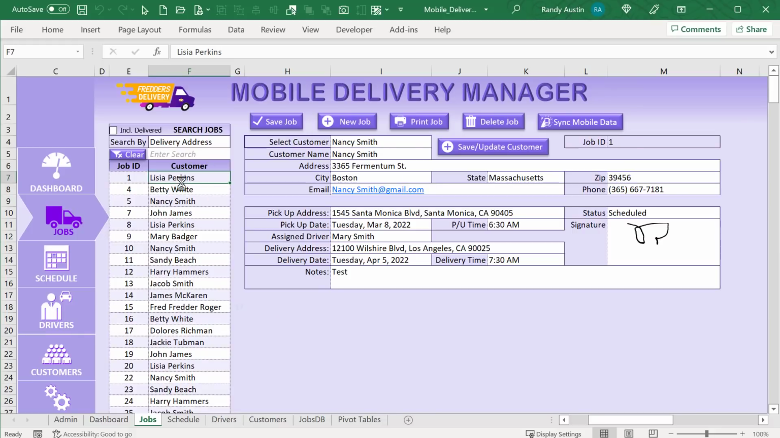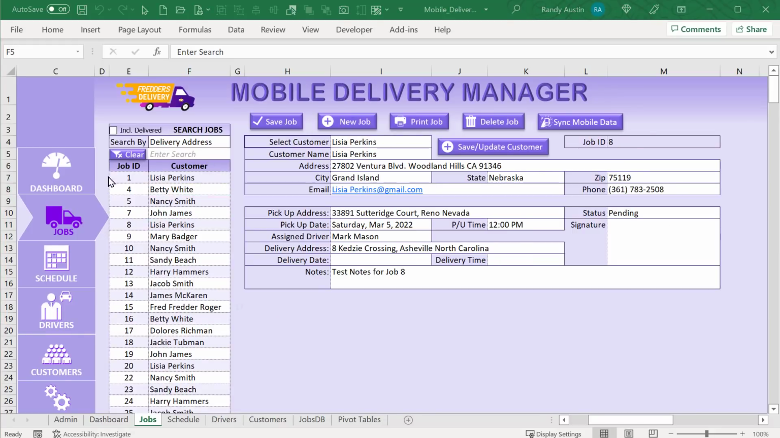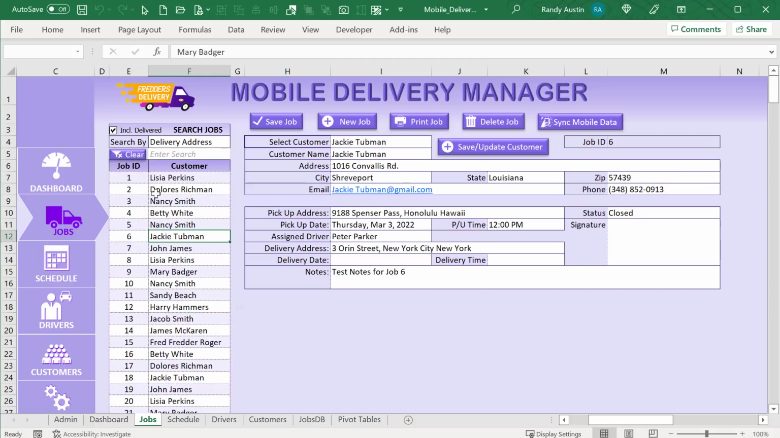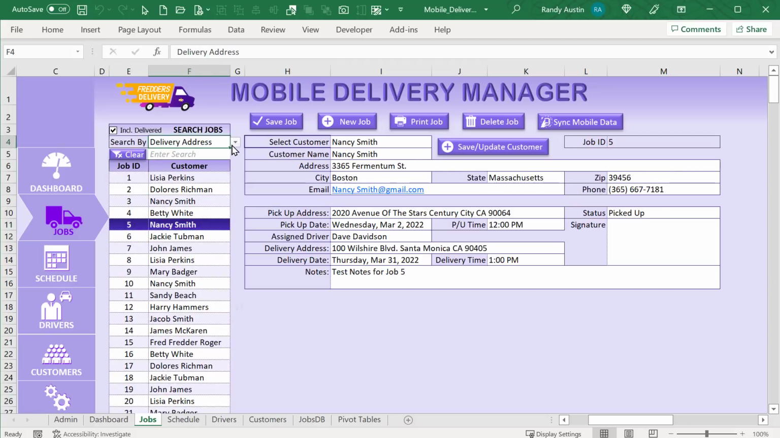Now we've got jobs. We've got a list of customers. And we can include delivered if we want to, just by selecting. It's going to load all the delivered jobs or just those. So it's going to be a quick filter. We'll be able to filter by delivery address, job ID, customers, pickup address, and a whole lot. So there's some really cool